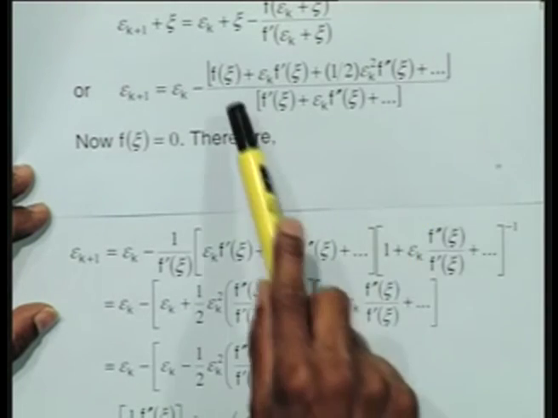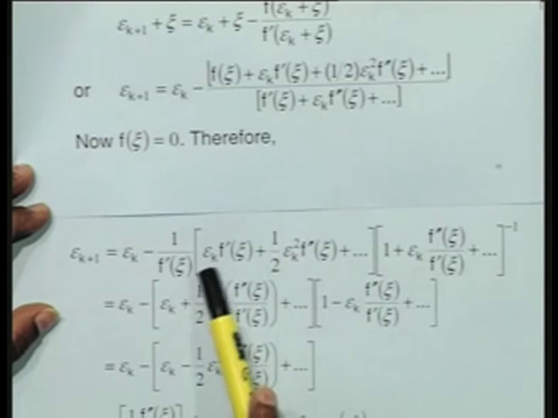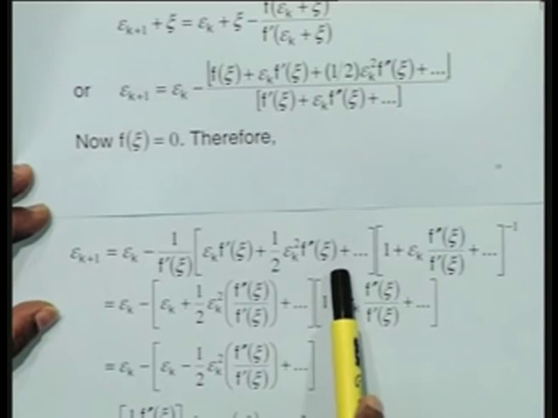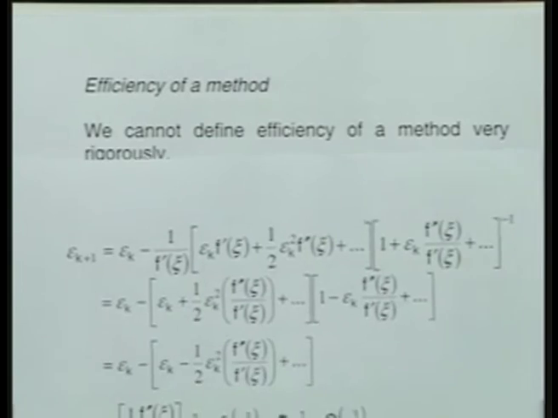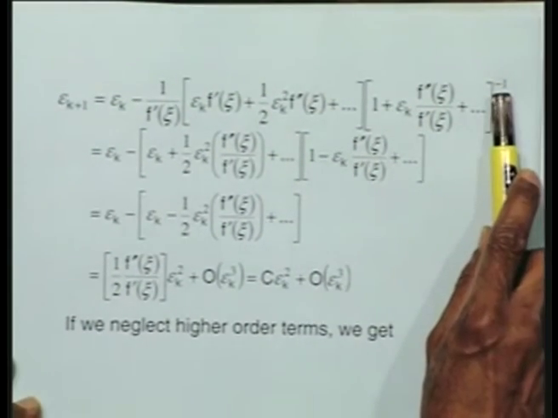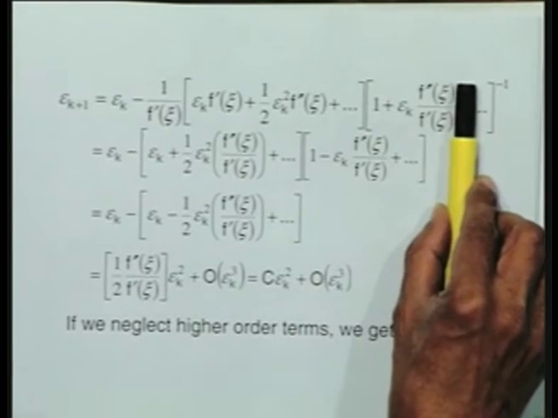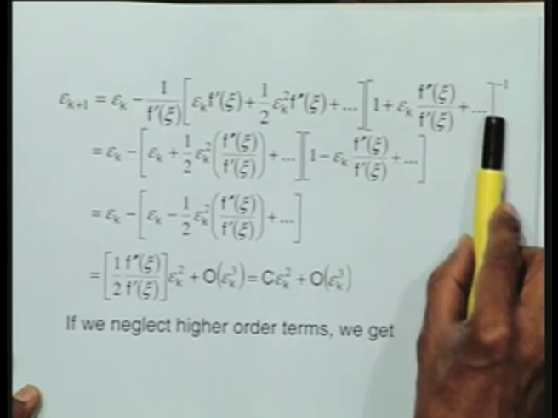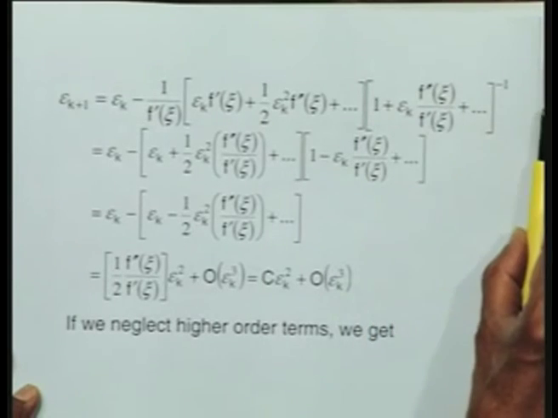So this quantity that I have here, I have taken to the numerator. The numerator f of xi is 0, so I have written the two remaining terms, epsilon k f prime of xi plus 1 by 2 epsilon k square f double dash xi. Therefore, as I said, the concept is to take the quantity in the denominator to the numerator and put it to the power of minus 1. Now let us assume this whole quantity is some capital X, it is easier to write. So it is something like 1 plus capital X to the power of minus 1. If I open it up, I will get 1 minus X plus X square and so on.